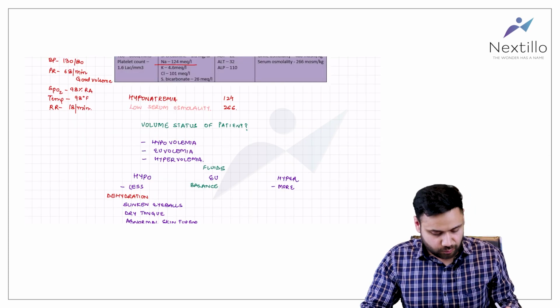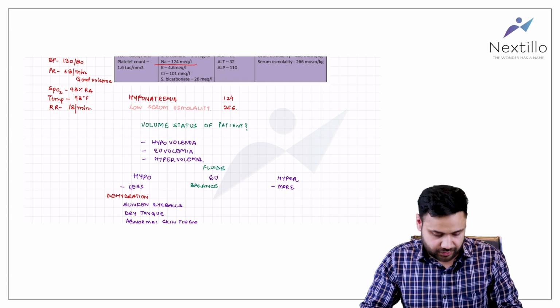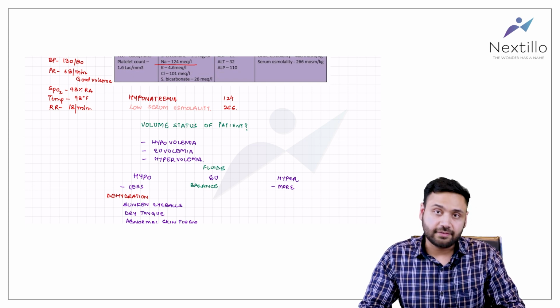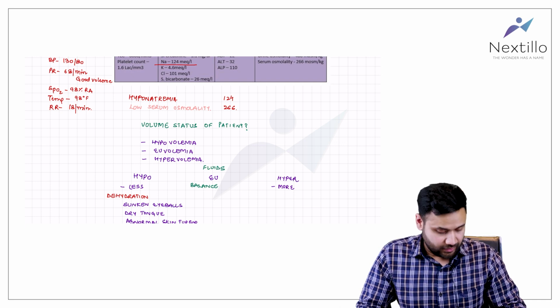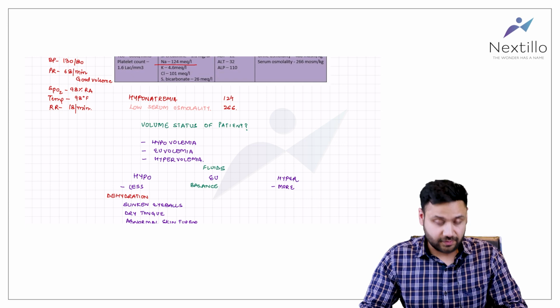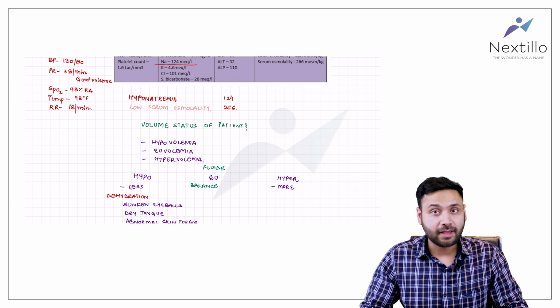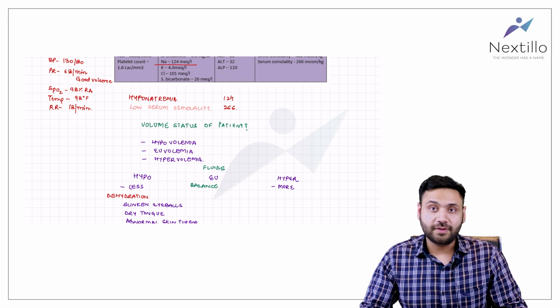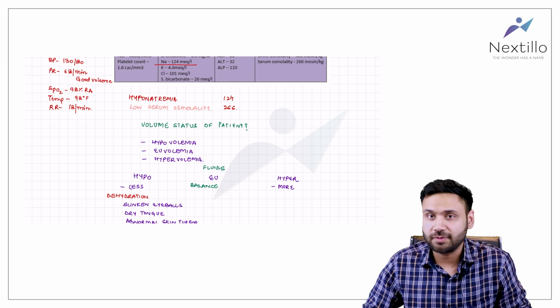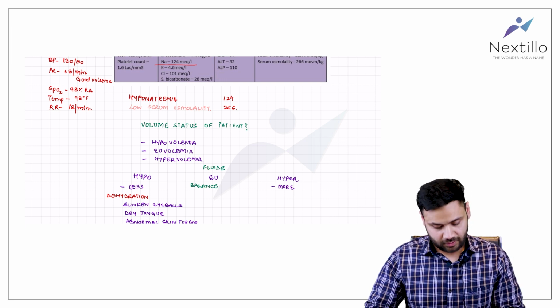Now, if we see the patient, right, the vital signs, you would be easily able to get that the patient doesn't have tachycardia. The volume of the pulse is good, right? So it is less likely this patient is dehydrated or hypovolemic, right? So